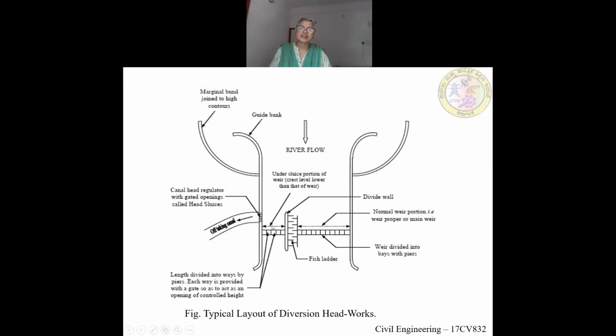And here you can show the silt excluders, and this side is the canal head regulator, and here is the canal. So water from this pocket flows into the canal and the silt gets collected, and on the downstream side of this wall there will be gates. They are called under sluices or scouring sluices, which are used for taking out the collected silt.